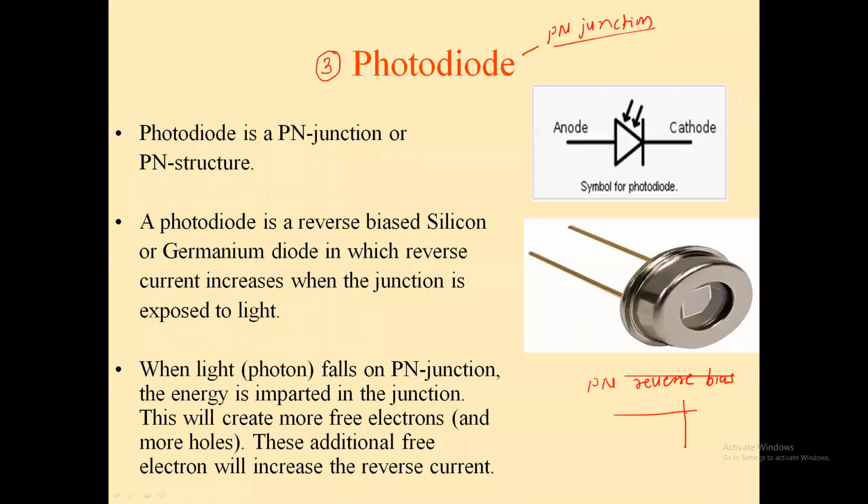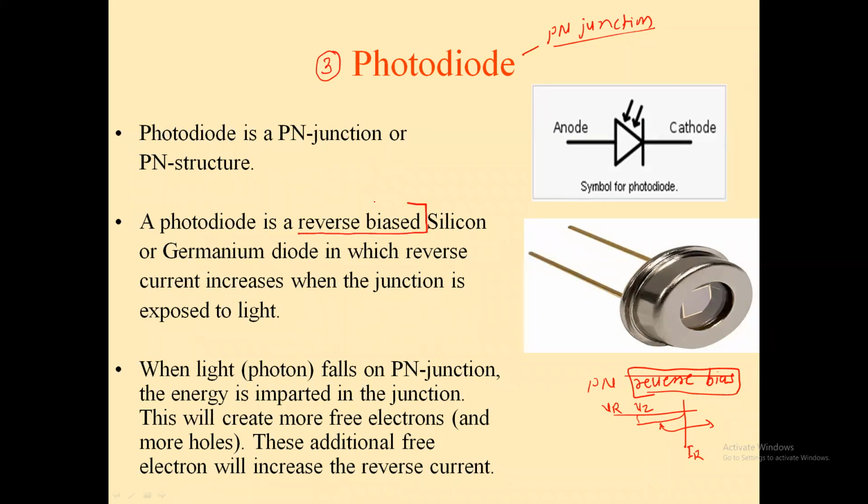If you see, no current will flow through the PN junction diode in a reverse bias. Practically, I say that a very small current will flow up to the Zener voltage, and that current is due to the minority carriers. We call it a reverse saturation current. Generally, when I speak, I say that no current will flow through the ordinary PN junction diode when it is connected in a reverse bias. So by considering these things, one special purpose diode is designed which is operated in a reverse bias only.